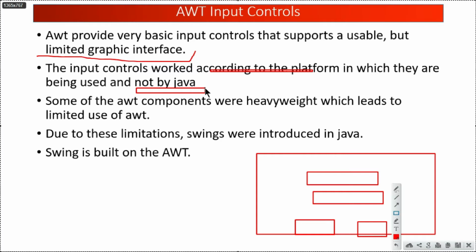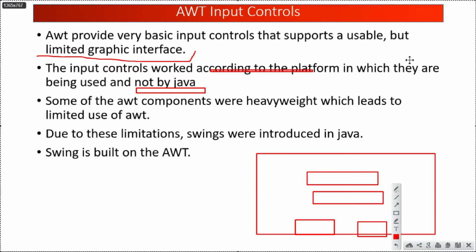Plus, when you design a frame in AWT and complete the program, its code is heavier in size and it may execute slowly on some machines, so they were heavyweight. Due to these limitations, swings were introduced. Swings are a better option than AWT. Whenever you have the option to pick either swings or AWT, always go for swings. AWT is used very little these days.